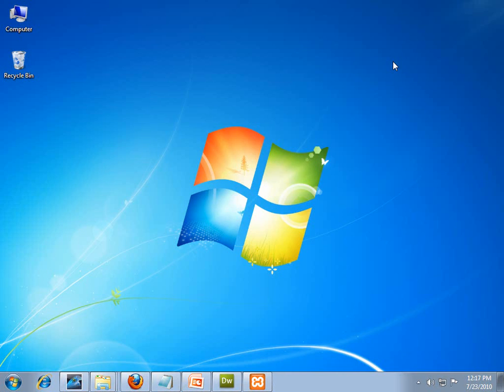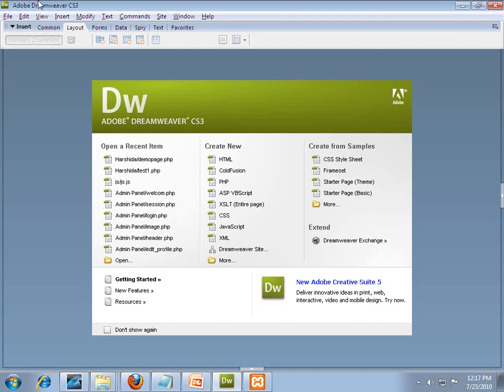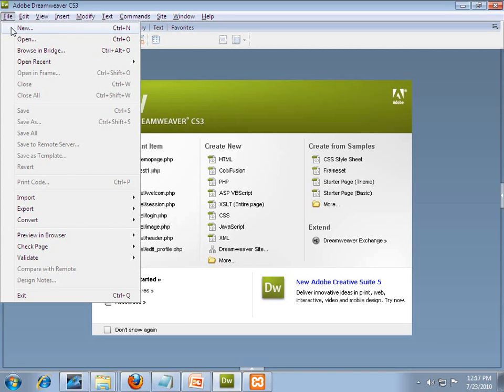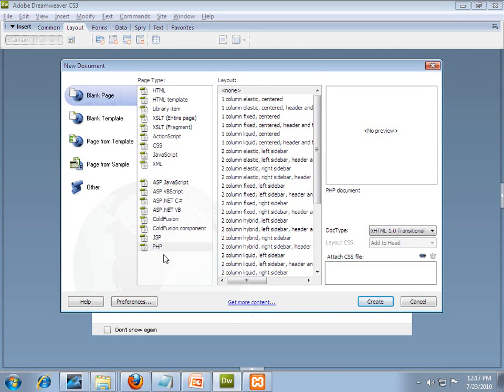So let's create our PHP page. To create the page, we can use an editor like Notepad or Dreamweaver. I use Dreamweaver, which is Adobe CS3, to create our PHP page. From the File menu, select New, and then choose PHP as the page type.